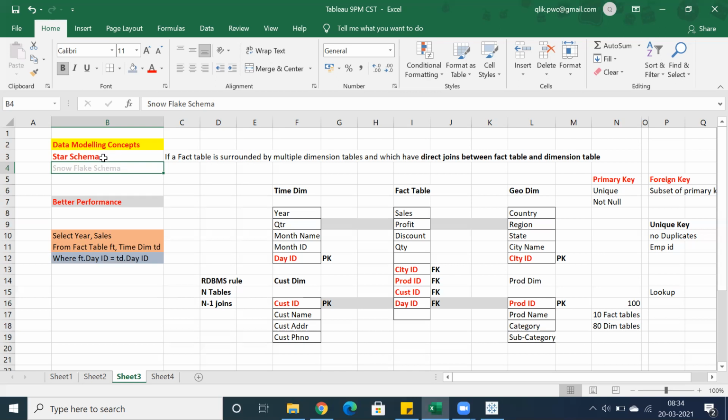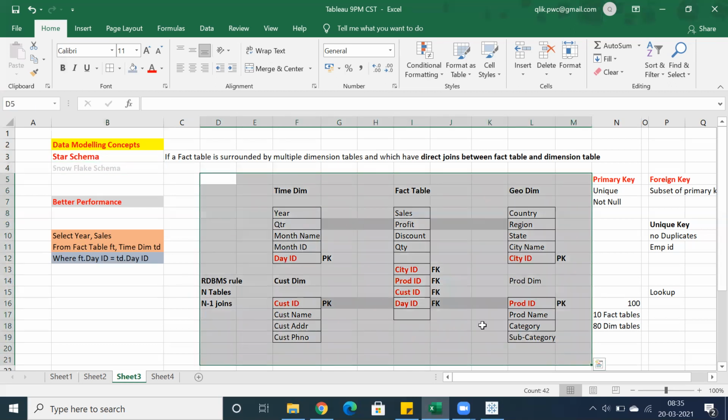Take the banking domain: you may have to consider hundreds of columns, overall thousands of columns, and we cannot create thousands of tables, and it's not possible to establish relationships between 1,000 tables.